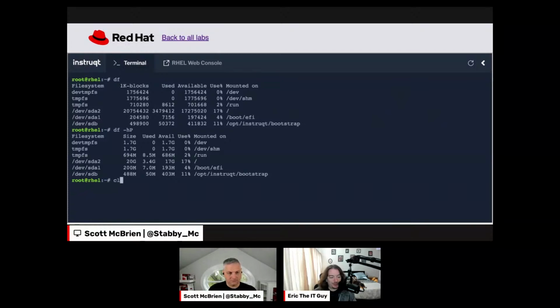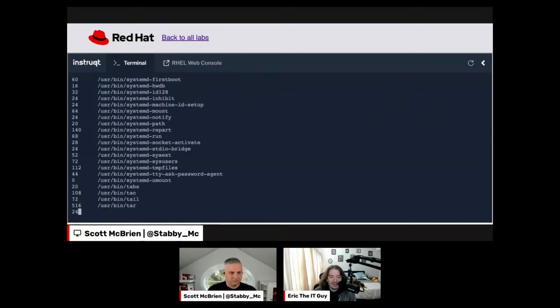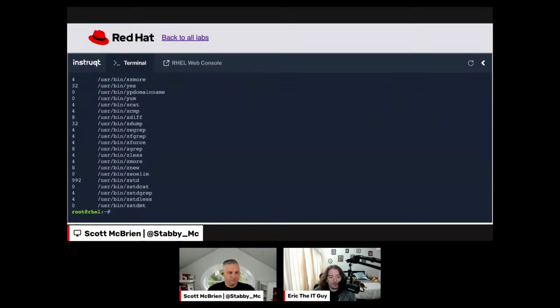And then similar to that one but completely different is du, that's disk used or disk utilized. I've heard it both ways, and we can pick particular directories. Also, this is a great tool to use with some pipes and some arguments to figure out which file is the largest. So if you've got a bunch of application files and one of them is like gigabytes in size, you can use some arguments to figure out which file is the